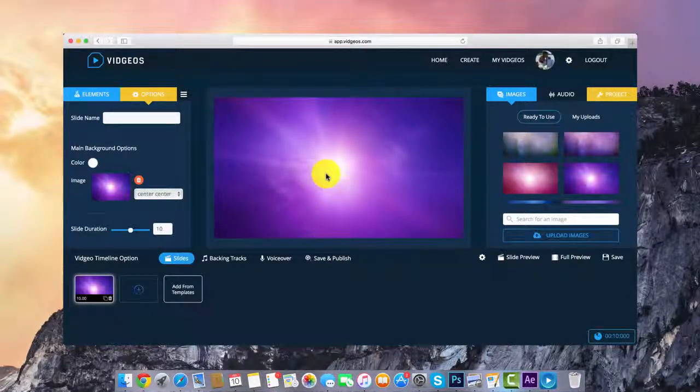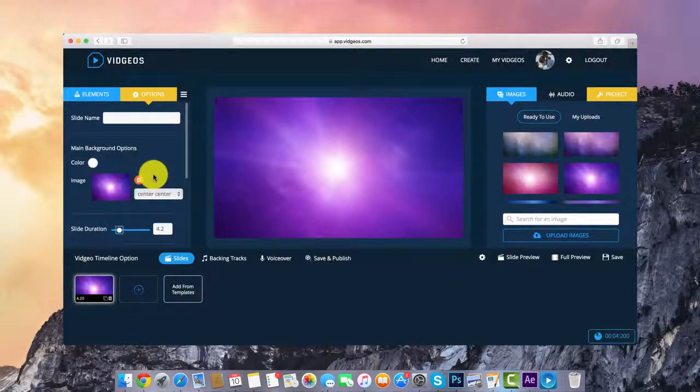In this video, I'm going to show you how to enable the translation features within Vidgeos. So first of all, I've created a slide down here, and I'm going to go ahead and adjust the duration and make it something like 4.2 seconds. And to get these settings for your slide, simply click on the slide and it brings up these settings on